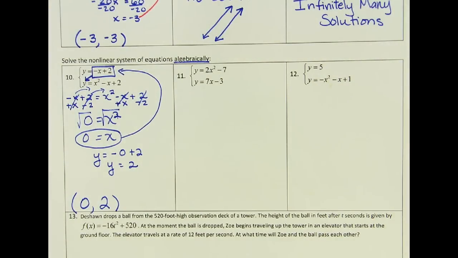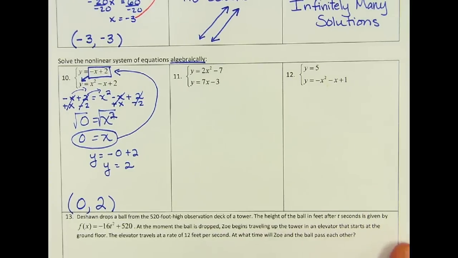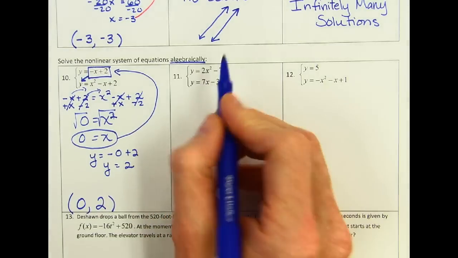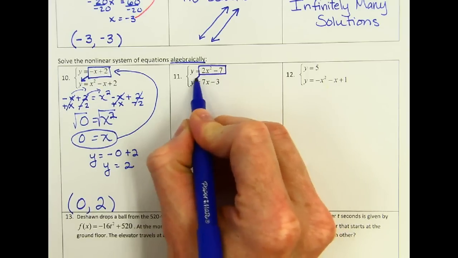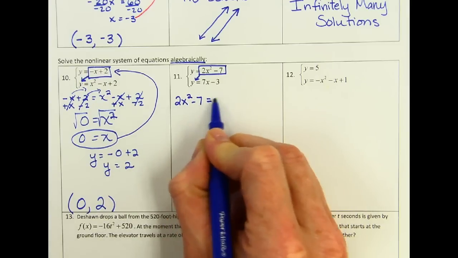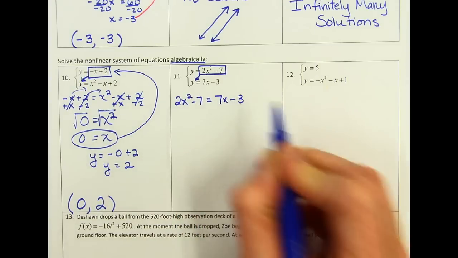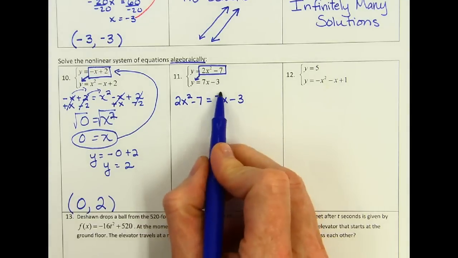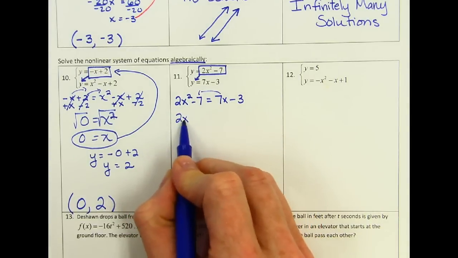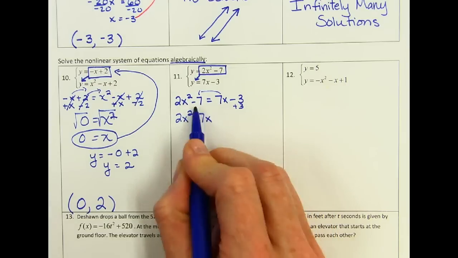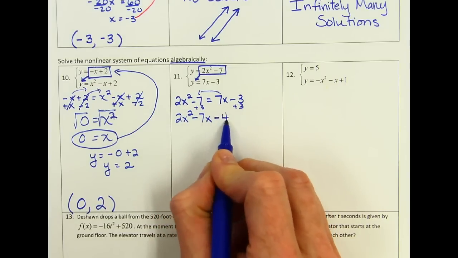Now, moving on to number 11, we have the same situation going on. We have a quadratic and a line. Once again, we are going to do substitution. So we are going to directly substitute 2x minus 7 into y. Once again, we encounter a quadratic. I always must get the quadratic in standard form. So this time I'm going to bring the 7x over. It will go after the 2x squared and turn to a negative. And I'm going to add the 3 and put it with the 7, and I will get a negative 4